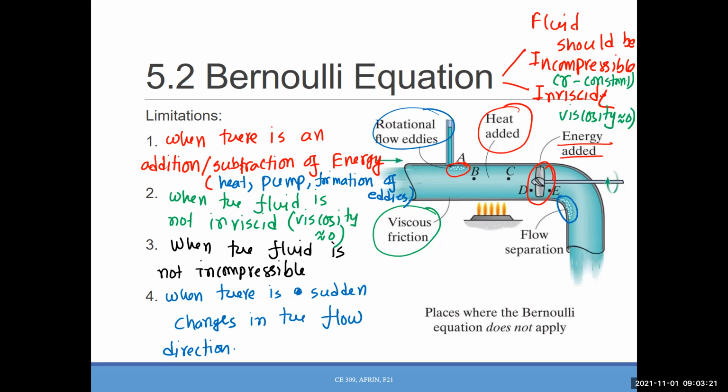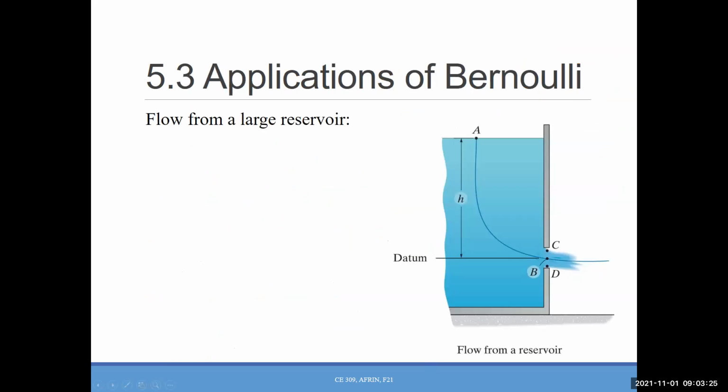We did the limitations of Bernoulli's equation. We will now start working on the applications of Bernoulli's equation. So one of the common applications of Bernoulli's equation is when you need to calculate the flow from a reservoir. If you work as a hydraulic engineer or hydrologic engineer in any company, this is a very common case you will see: what will be the flow from the reservoir, or from the canal, or how can you find the total flow from a system. So you can actually apply the Bernoulli's equation unless there is a huge loss, like friction. So for the normal case, just like this one, we will try to apply the Bernoulli's equation